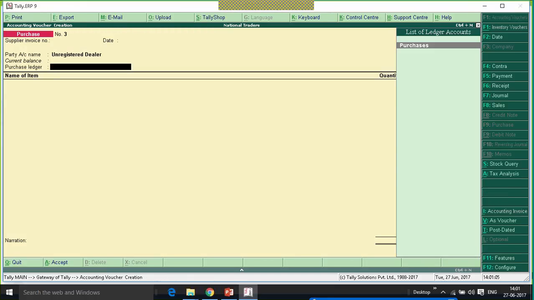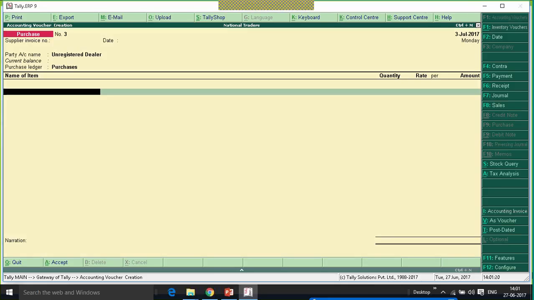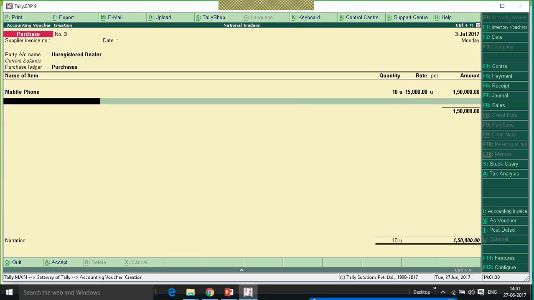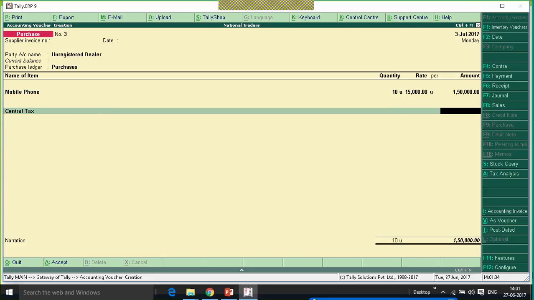Now, I'll select the same purchase ledger, but based on the party's registration type, it will select the classification as purchase from unregistered dealer taxable. Let me accept it. Even though he is a local dealer, since he is not authorized to collect tax, the tax will not get calculated in my purchase voucher.